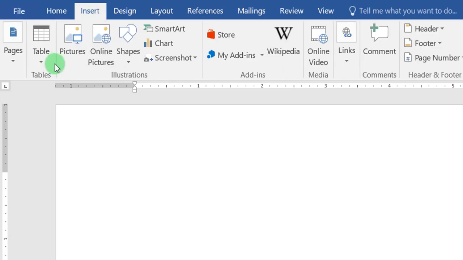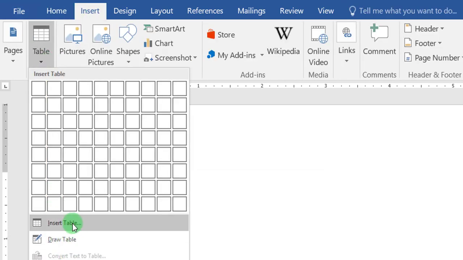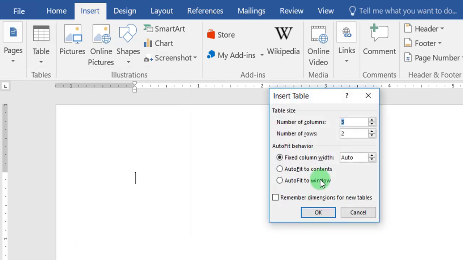You can also select rows and columns differently by clicking Insert. Then, choose Table and Insert Table. Here, you can enter the number of rows and columns. For example, let's enter 6 columns and 5 rows. Click here to set a fixed width for the column. For instance, choose 1.5 inches here. And here, to make the column width automatic based on the content.